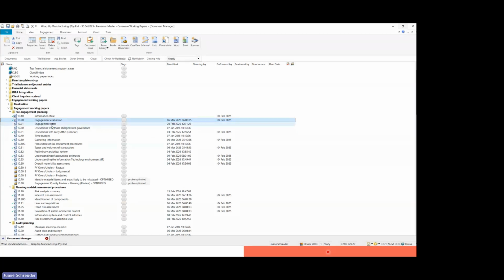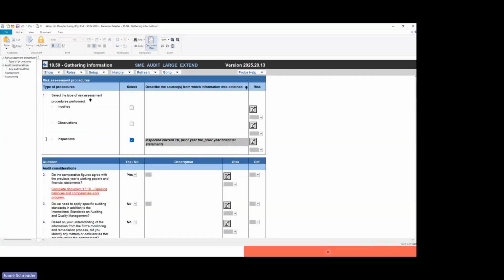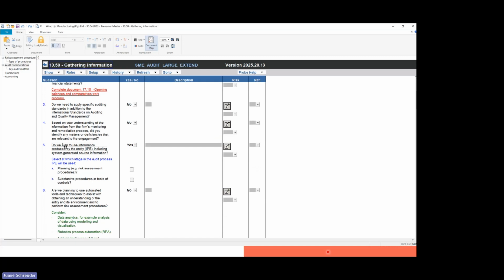Next up, I want us to go to 10:50, just to show you, you'll remember that we spoke about the information prepared by the entity, the fact that when we want to rely on IPE, information prepared by the client, we need to test the completeness and the accuracy, and that it is sufficiently reliable. So gathering information, I always think about this one as switching on light switches across the file. I almost want to say at financial statement level, but technically speaking, that's probably not right. One of the first questions it asks us is, do we plan to use information produced by the entity,